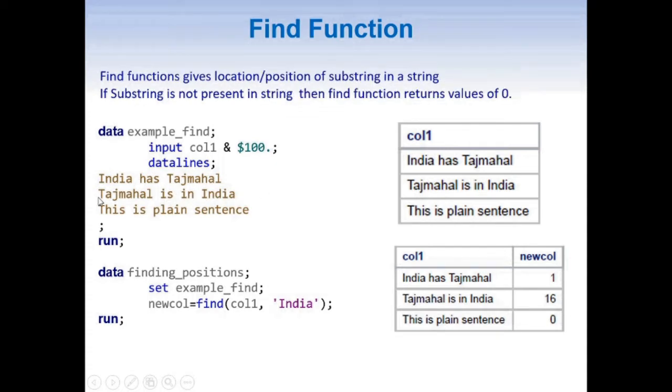In the case of the second observation, India is at the 16th position. In the case of the third observation, India is not anywhere in here, and hence it will have the value of 0. And I forgot to mention one point. All of these values we are capturing into a variable known as newcall. Here, whenever we have India, we have a value greater than or equal to 1. But if India is not there anywhere, we have the value of 0.